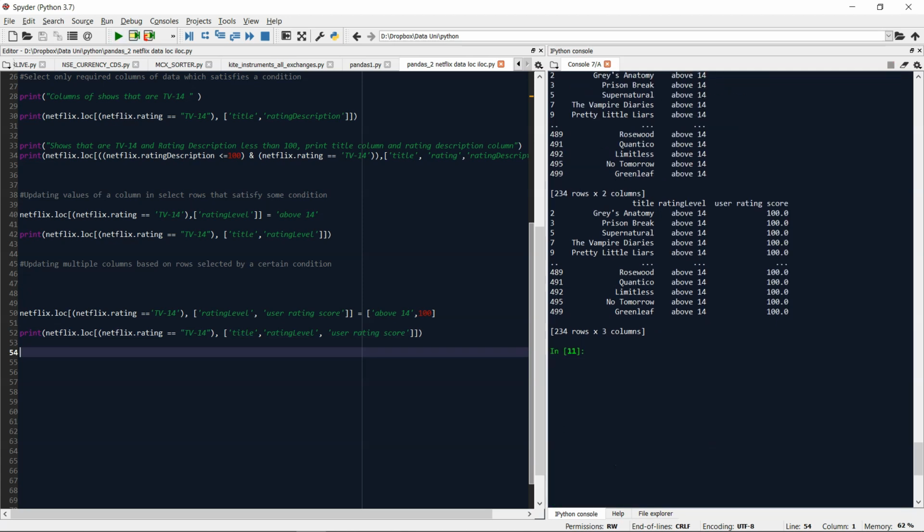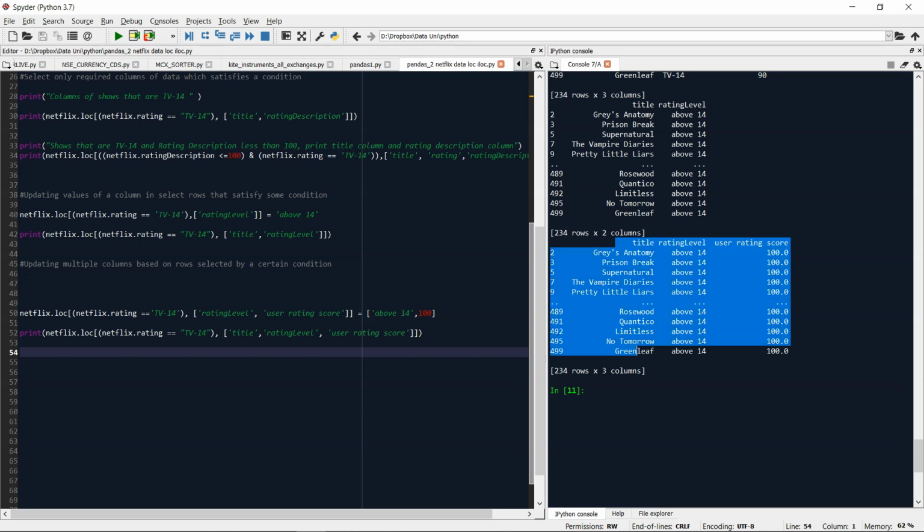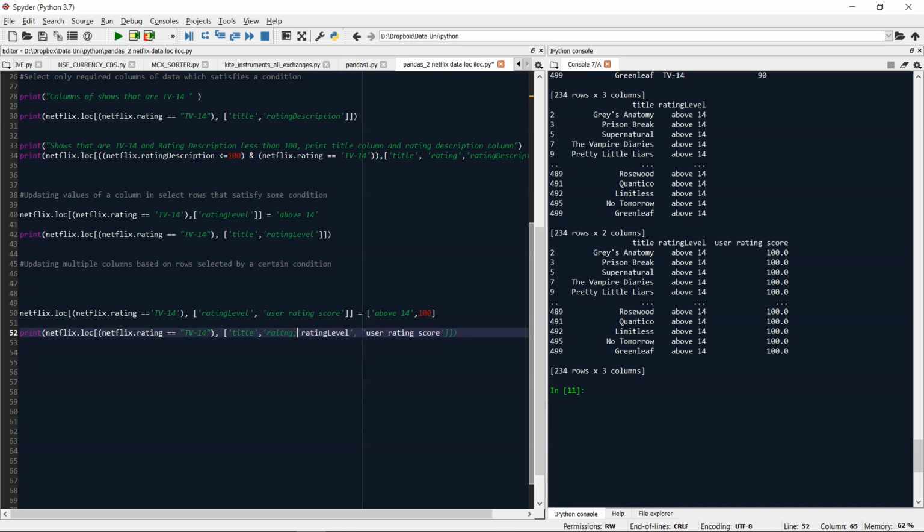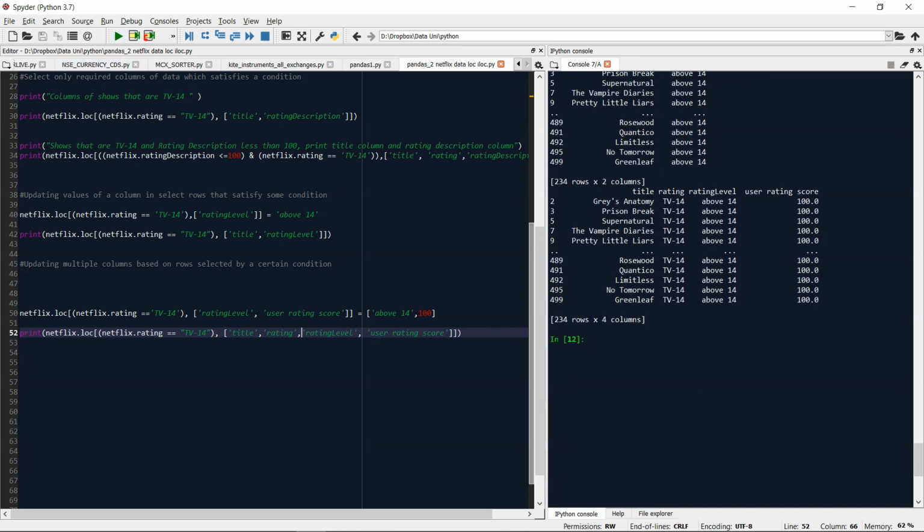So here you go. These are the same shows which have the rating of TV 14. This is the rating level above 14 and the user rating score. Let me add the rating column also, so that you can see the entire picture. So this is the show name. They are rated as TV 14. They are above 14 rating level and user rating score is 100. So this is how you can update the value of a single column or a lot of other columns based